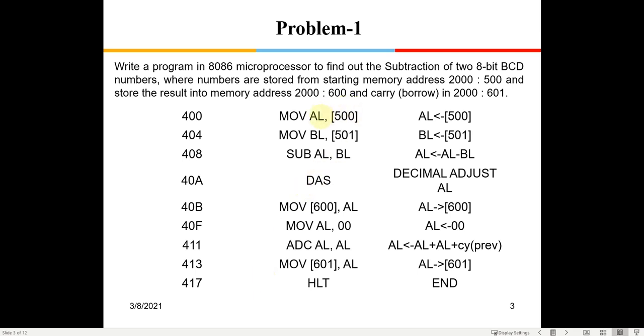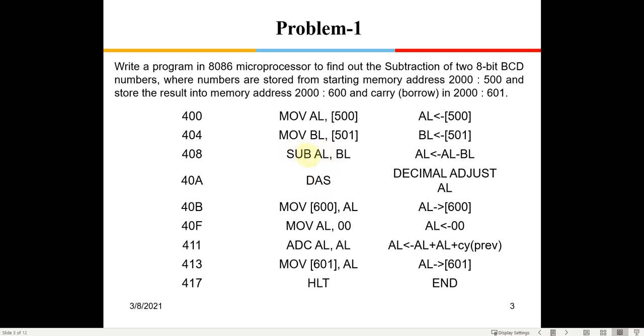First we get the data into AL. We get the second BCD number into BL, and we do the subtraction AL minus BL, and then we do a decimal adjust. Since these are BCD numbers, if the difference is greater than 9, it will subtract another 6.